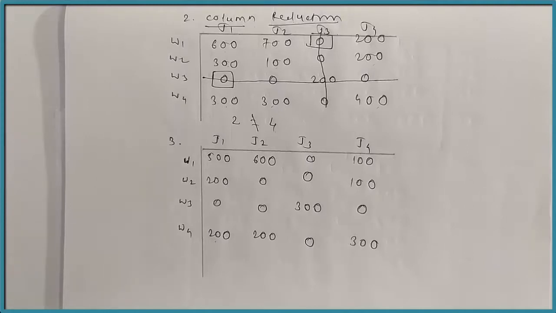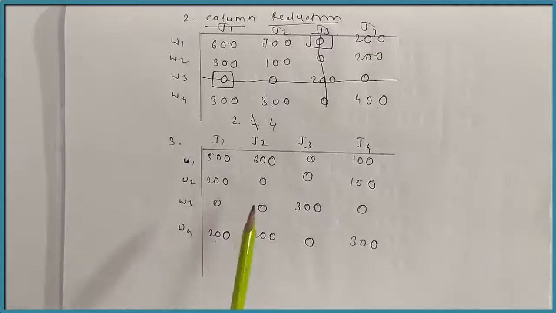0 of the matrix. Now for that purpose, again we will follow the row scanning and column scanning. In the row scanning, we will start with the first row. If the row contains exactly 1 0, then we will mark a square around it and we will draw the vertical line passing through that 0. Otherwise, we will skip the row.